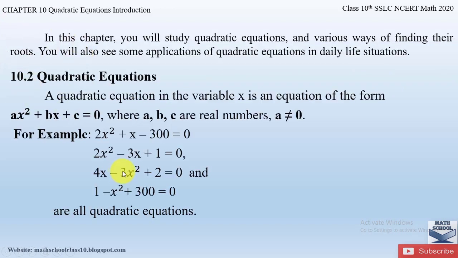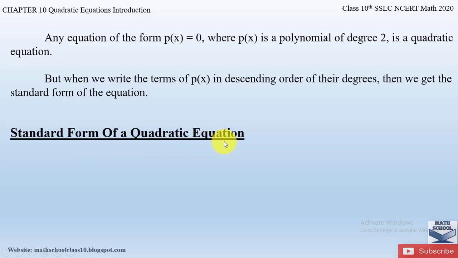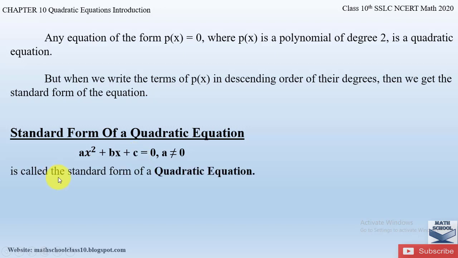Here if you see, the equation is not written in the descending order, that is from the highest degree to the lowest degree of x. If we write this type of equation in the descending order of its power, then we will get the standard form of a quadratic equation. So let us see the standard form of quadratic equation, which is given by ax square plus bx plus c equal to 0, where the highest power is 2 and the order is in the descending order of its power. So first we have x square, then we have x term, then we have the coefficient c. Such a form of an equation is called a quadratic equation.